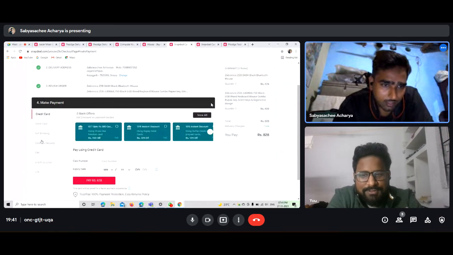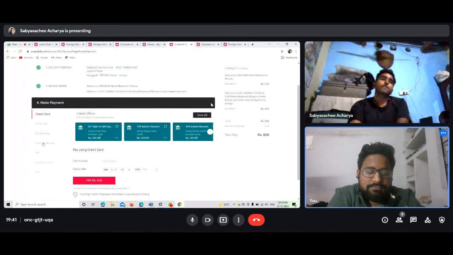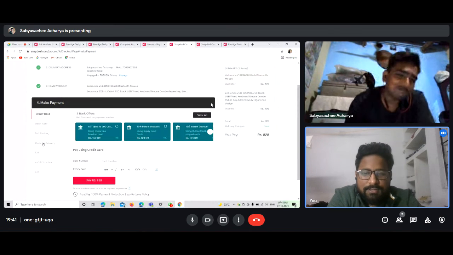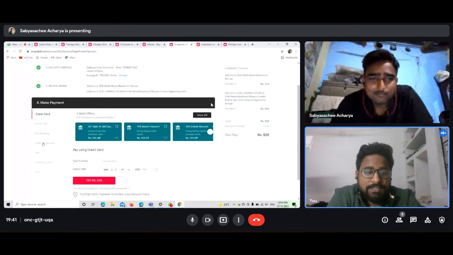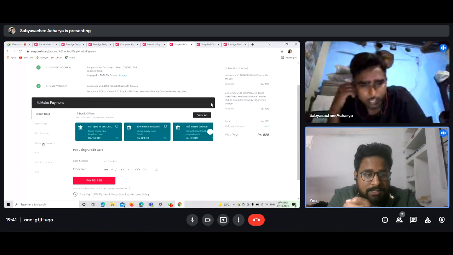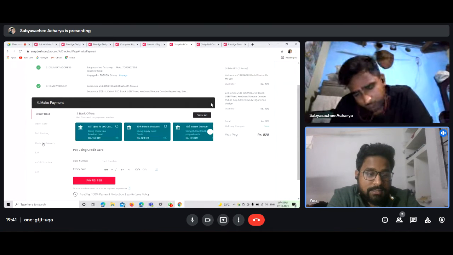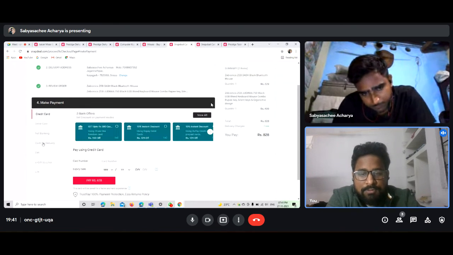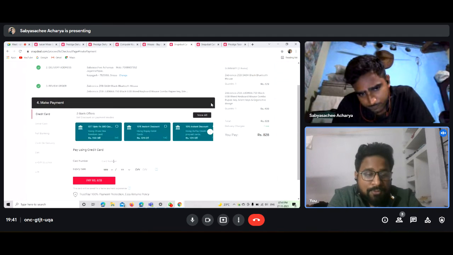So if I want to do, when you make a mistake while doing payment, so basically you thought of opting for debit card option. You entered a wrong number. So now what you will do? You can just enter some random number.